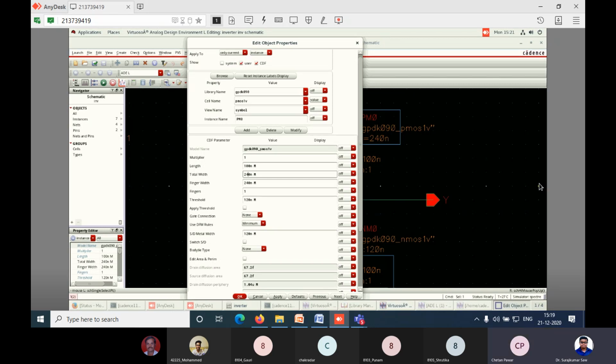Yeah. In ADE also it is shown that the power dissipation came 888. Yeah, because the width is CMOS. So current